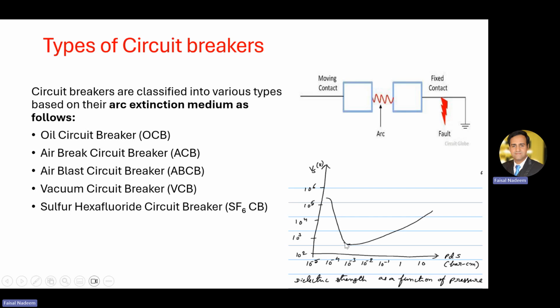However, below 10 raised to power minus 3 and up to 10 raised to power minus 5, below 10 raised to power minus 5, the dielectric strength is also very high. And this is because at 10 raised to power minus 5 atmospheric pressure,